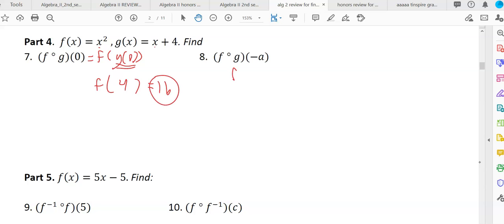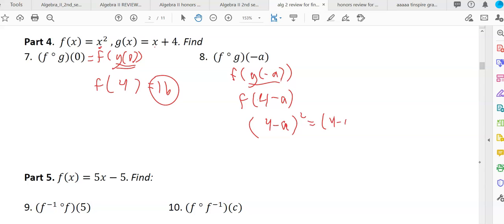Same thing here. So f of g of negative a. Do g of negative a first. So g of negative a would be negative a plus 4. I'm going to write it this way, 4 minus a. You could have written negative a plus 4. Plug that in for x right there. So instead of x squared, it's going to be 4 minus a squared,